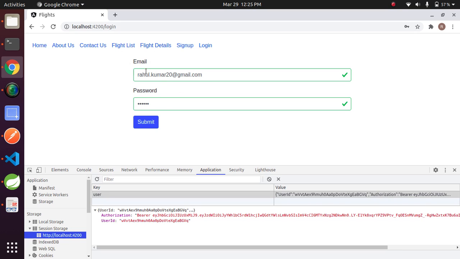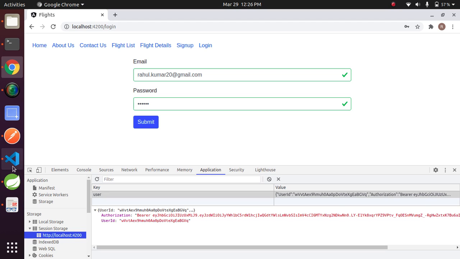We will show flight list and flight details only when the user is logged in, and if the user is not logged in, then we will hide these two menus. And sign up and login also: if the user is logged in, then sign up and login will be hidden, and whenever the user is logged out, then sign up and login will be available. Correct? And home, about us, contact us will be available in both conditions.